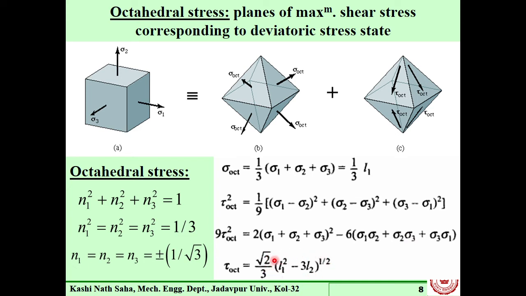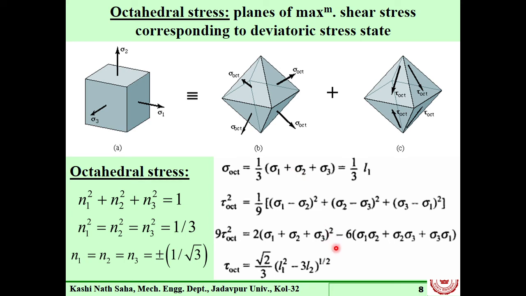So what does it mean? That means the invariants of the stress tensor I1, I2 and I3 have some physical significance also. Okay. The first invariant is equivalent to an average stress value. Rather, this is what we call hydrostatic stress. Okay. This is the term used for this quantity. 1/3 of this is known as hydrostatic stress.